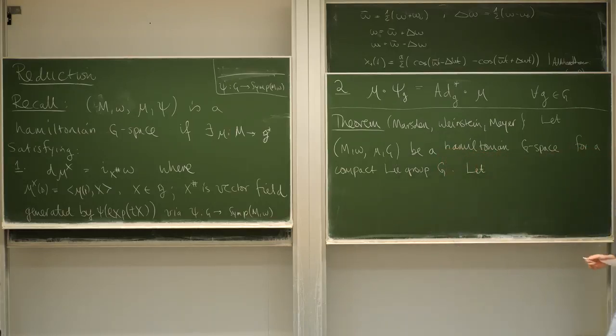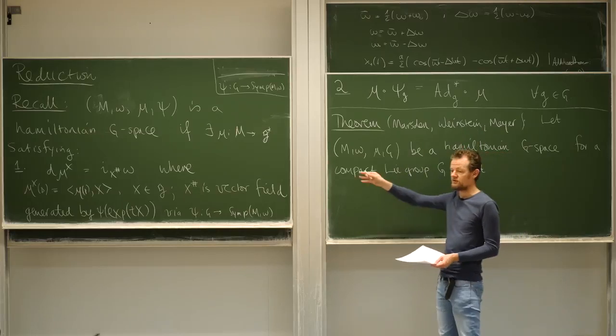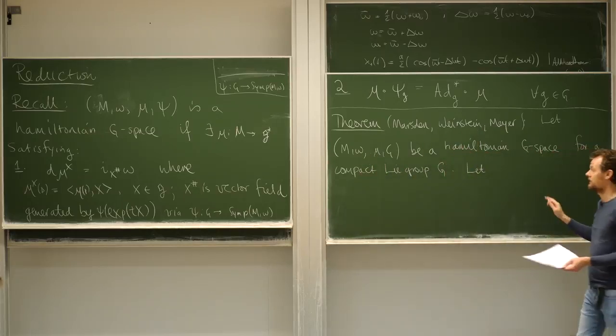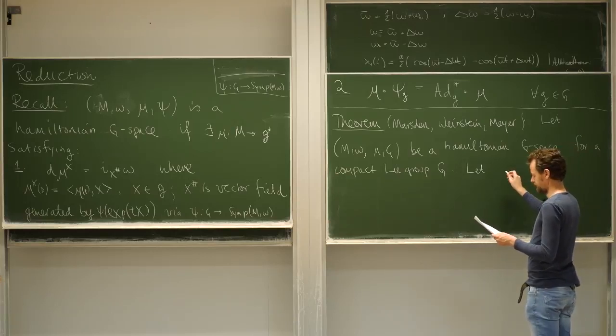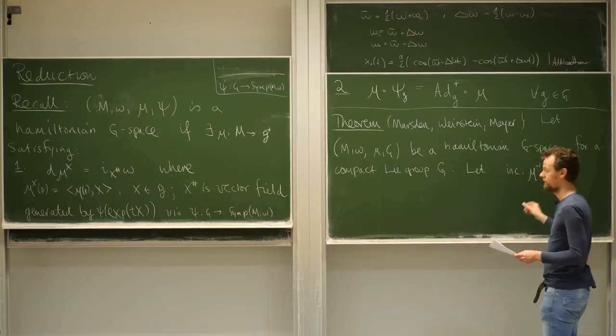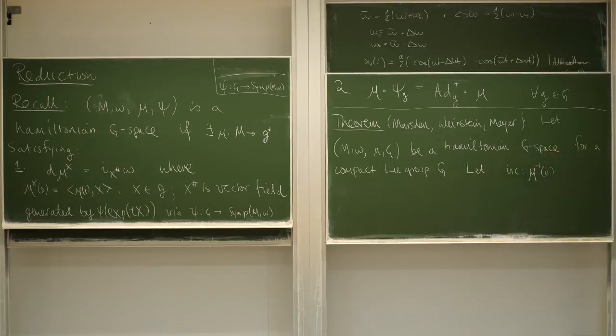Now, we need a candidate for a space that's symmetric enough that we can somehow spend the symmetry. So the theorem here gives us a candidate for such a space. And it's this. Take the moment map and find the pre-image of the element 0